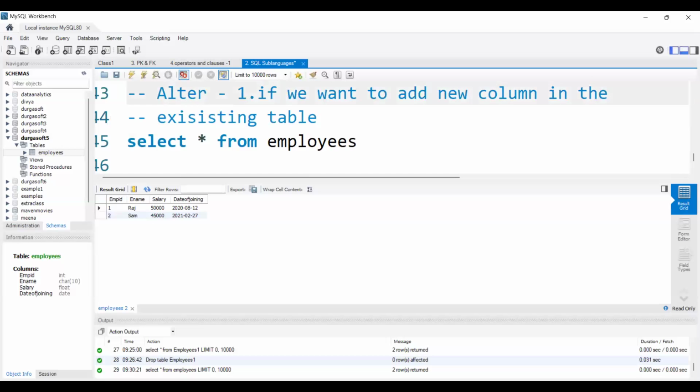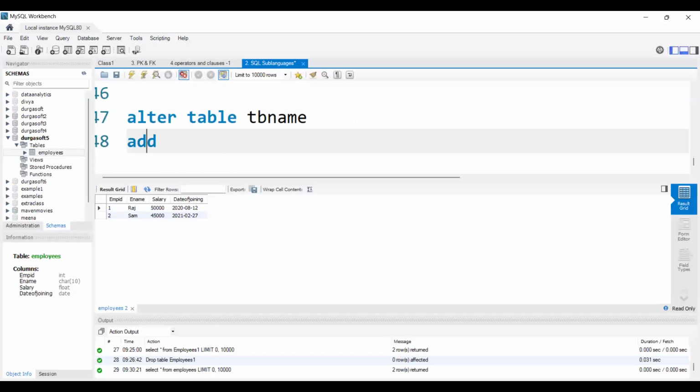So for that reason, we will use the keyword add, and then I will say the column name. Whatever column I want to add, that column name, maybe I will write it as new column name. And whenever we write the column name, we will mention the data type also, right? We know whenever we are writing any column name, we need to define a data type for it.